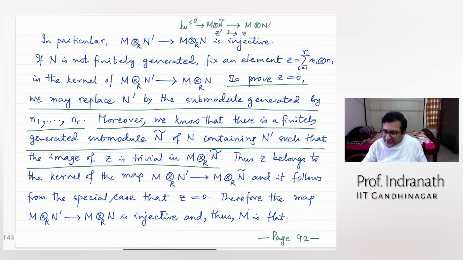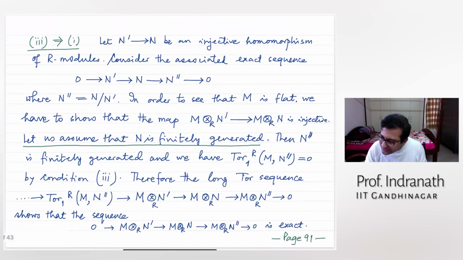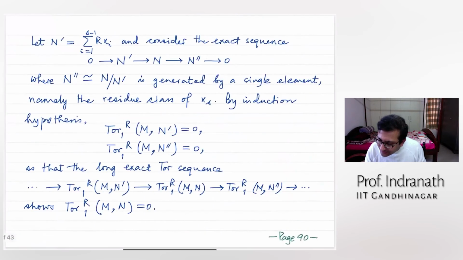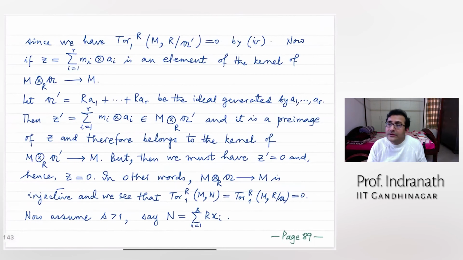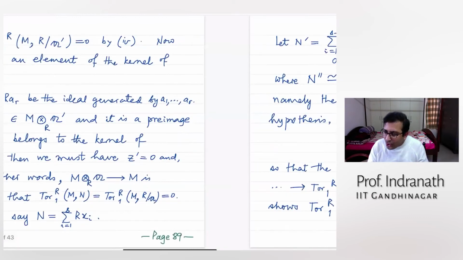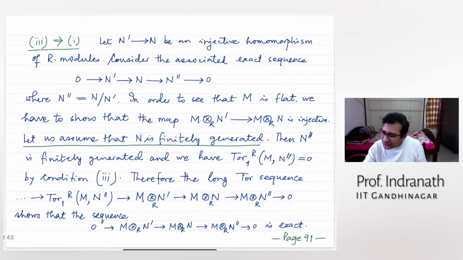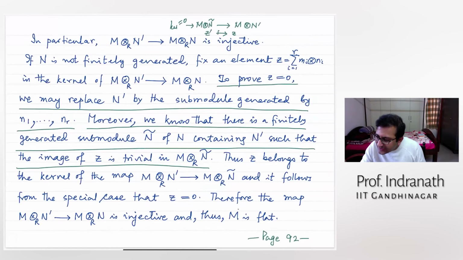Just like we have done it here, just like we have done it in this case. Where was it? Here. Okay, so you do not actually need that one is sitting inside. That is the first important point. All you need is that if you can give a map, and then you show that some kernel is becoming 0 and the composition map is becoming injective. How? In the sense that you have an element here, so that element is 0 and that element is getting mapped to this element.